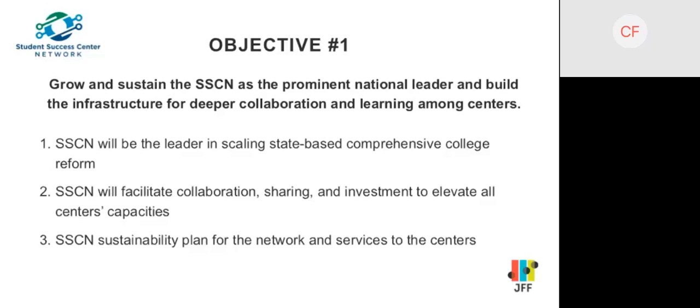Jen talked earlier about a few things like visiting each other, going to each other's events, doing some mentoring and those kinds of things. So what other ways can we help each other have the best centers that we can? And then lastly, a sustainability plan. We all have some funds now for a period of time, and the network does as well. But we should begin thinking collectively about what's next and how we're going to sustain that. So this will give us space to talk about that.